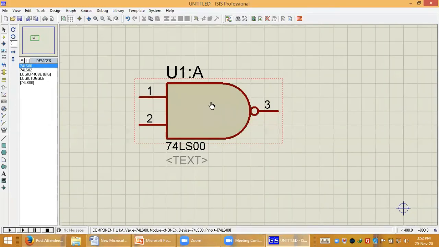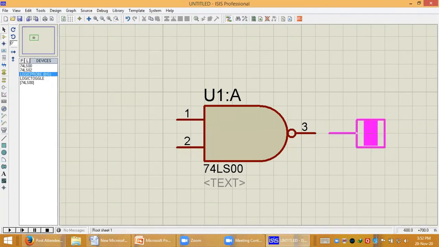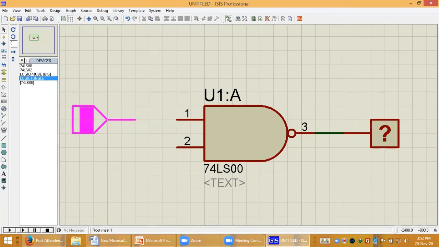NAND gate is placed here. I think you can see this. What do we have to do for implementing the NOT gate? How to implement a NOT gate using a NAND gate? Anybody?